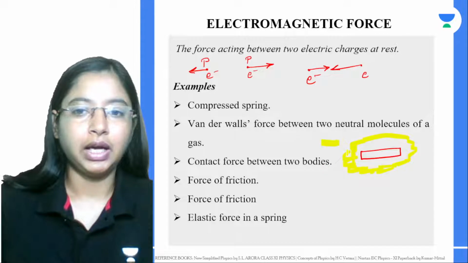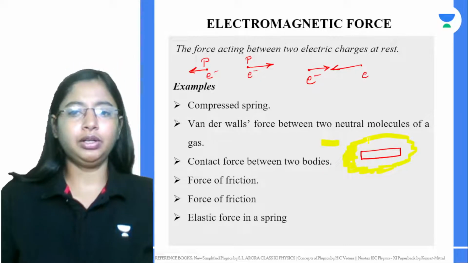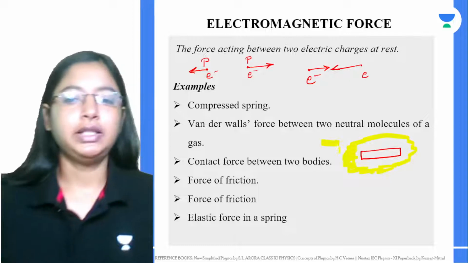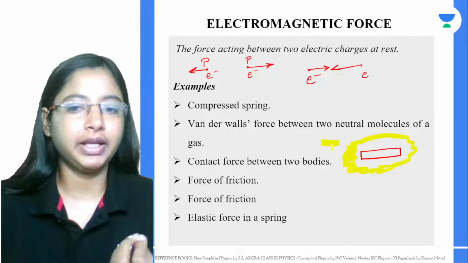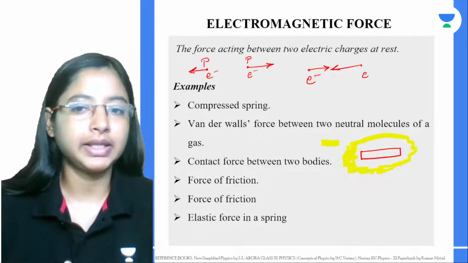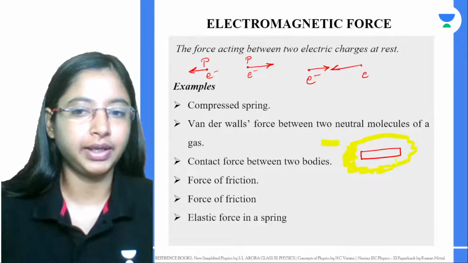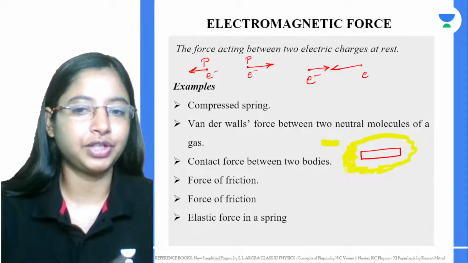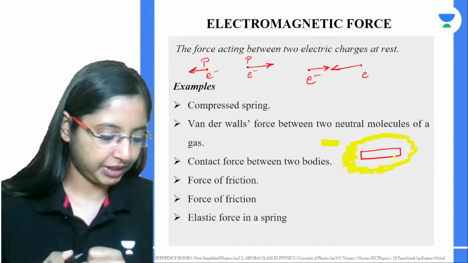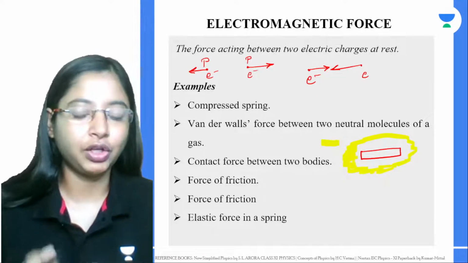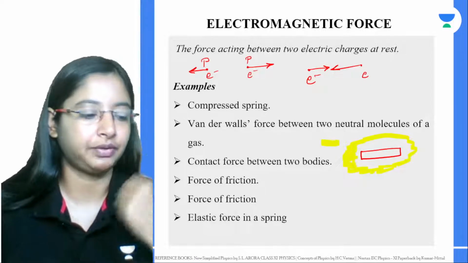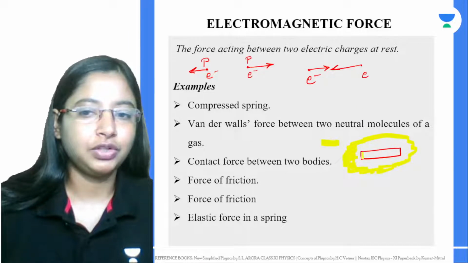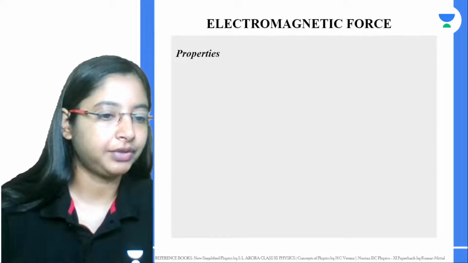Over here, if you keep a small piece of iron near the magnet, it will get attracted towards the magnet. Why is that happening? Because there is a force around this particular magnet which is attracting it. That force is what we call a magnetic field. There is a field around the magnet which exerts a force on an object, pulling it towards itself. The force acting between these two poles is called your magnetic force.